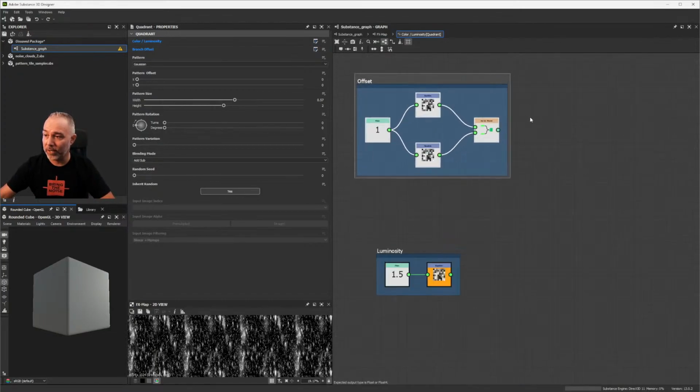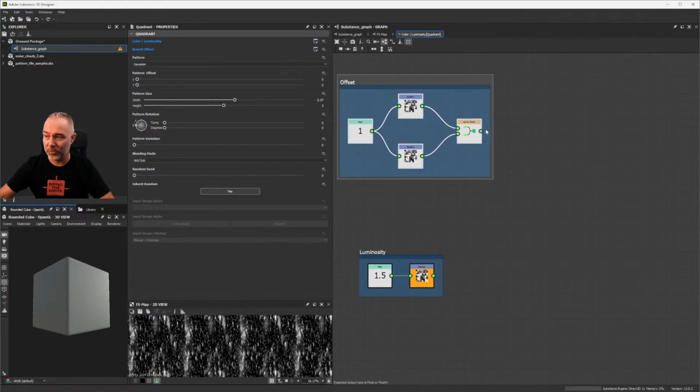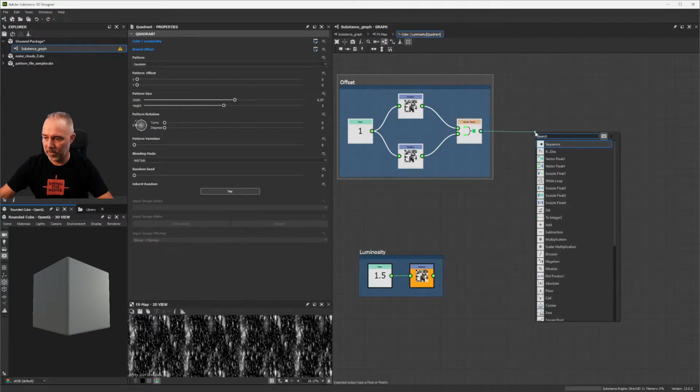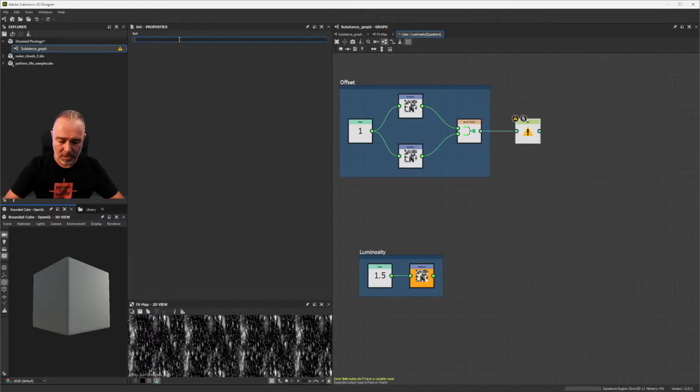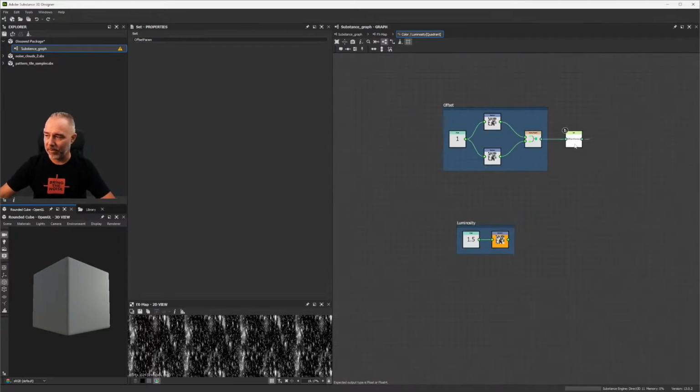Because, well, to create a variable, it's easy. You just click here, you click set, and the set node is made to create a variable. So this one, I'm going to call offset param, like that. And I'm going to copy it, because this is another default that we have to improve. You will see later on. So Control C to copy it. Okay, fine. So I have the offset param defined here,